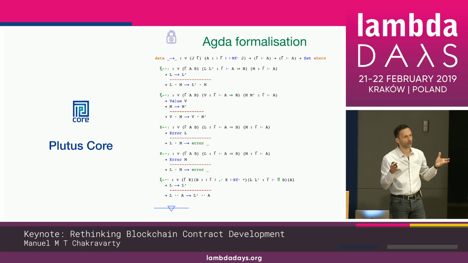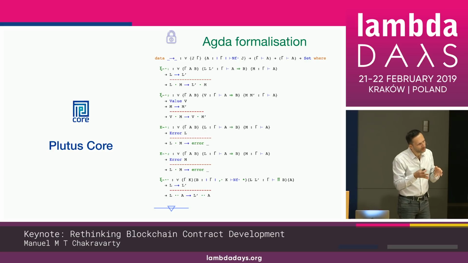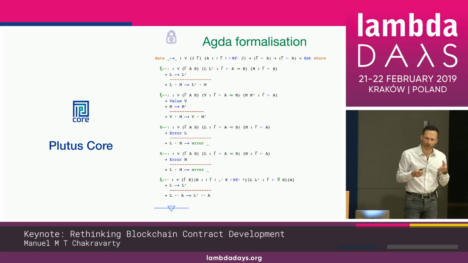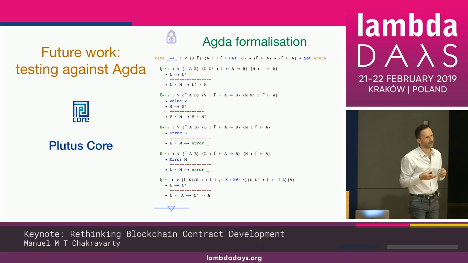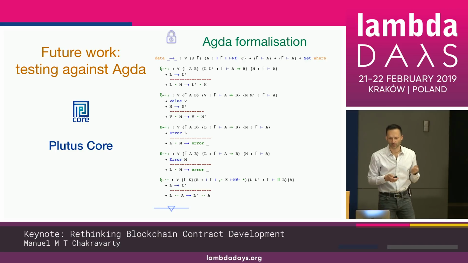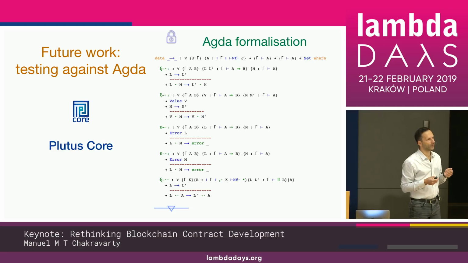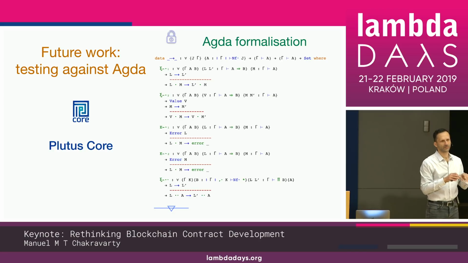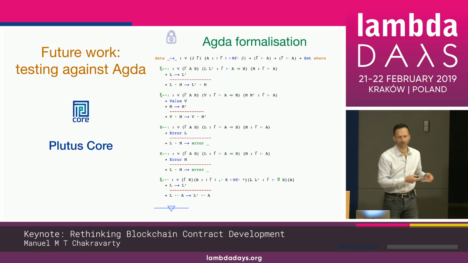That gives us additional assurance about what this code is doing, but it doesn't immediately tell us anything about our implementation. So in order to fix that, one of the things we are in the process of doing is extracting an executable version of the code from the Agda specification and using that in our continuous integration pipeline to test the implementation against. So that gives us a much higher assurance that we are doing the right thing. Okay, so when I say we are using functional programming, that doesn't just mean we get a functional programming language and write our programs as if nothing had happened. We really use it in the whole development process to go from specification to implementation.